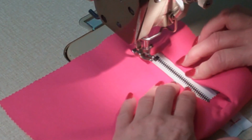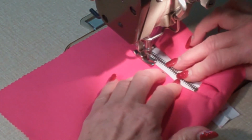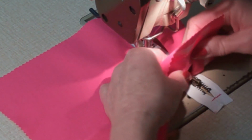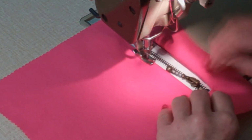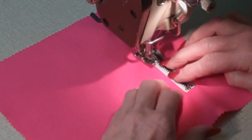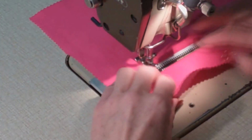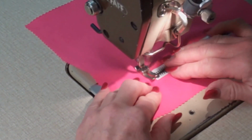Now you must check that you got exactly the same amount on both sides, the zipper showing nice and even, because then you know you also have enough space underneath to really be stitching on the zipper and not that you lose it underneath. I rather check once more if I'm not sure, then stitch on, because there's nothing worse than having to open up a seam again. It's always better to be able to do it in one go. So I go all the way to the end, exactly to the corner on the material, go down the short side,